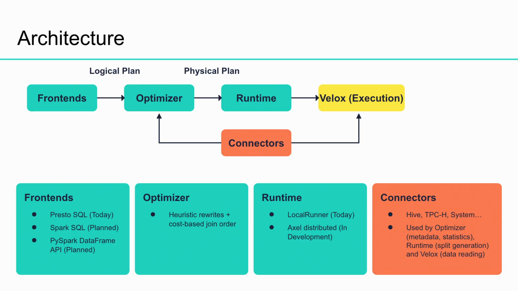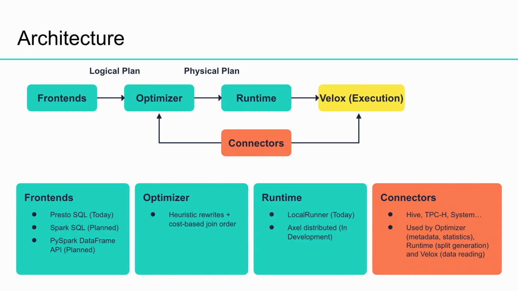That's the first contract. The logical plan describes what the query does, not how to execute it. It is deliberately compact. A single logical join node says what to join. The optimizer decides how: hash, merge, index, nested loop. Any front end that produces a valid logical plan can use the same optimizer and the same execution stack. That's what makes it practical to add a Spark SQL parser or a PySpark DataFrame API without touching the